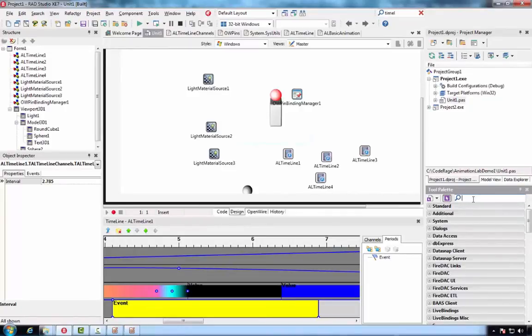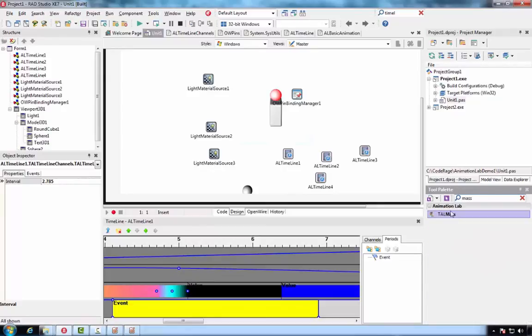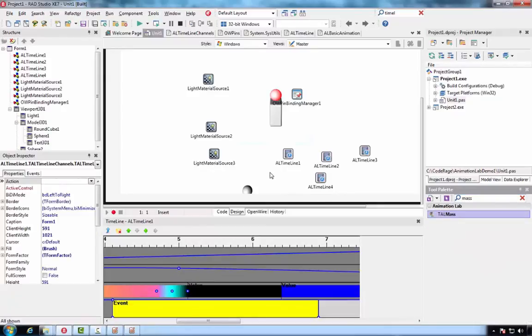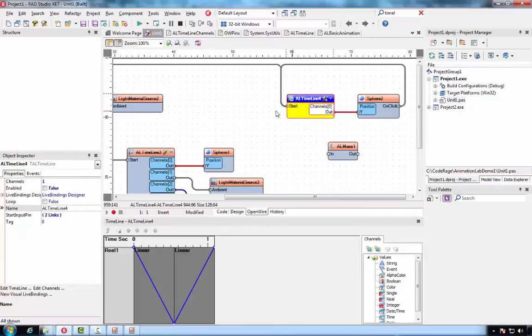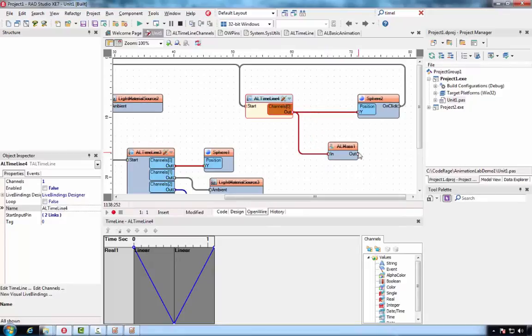We'll add a mass to the small sphere we just animated. We'll drop a mass component, switch to the OpenWire editor, and we'll connect it between the animation channel and the property it animates.